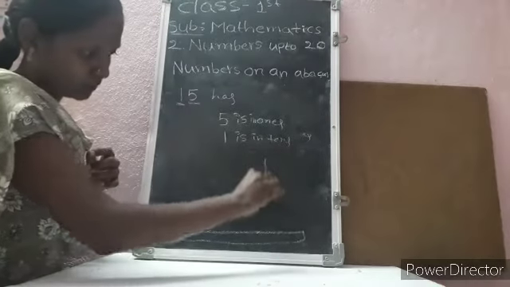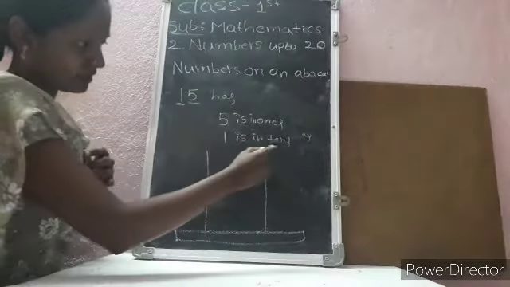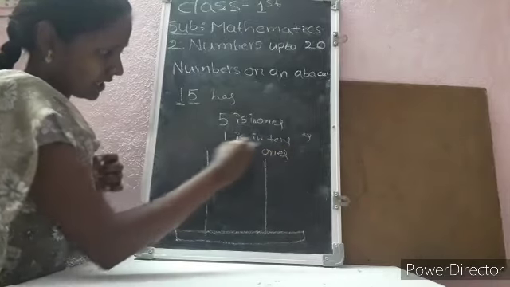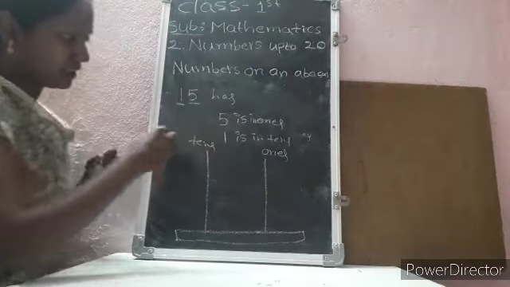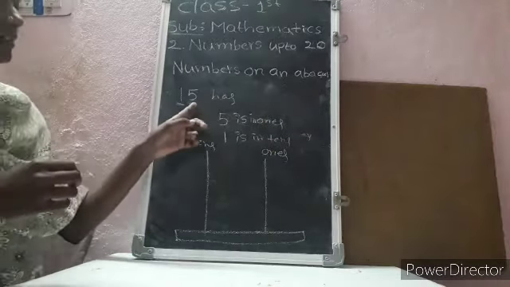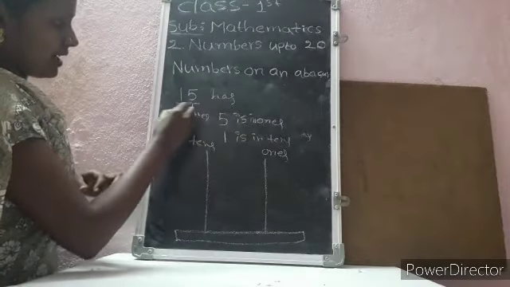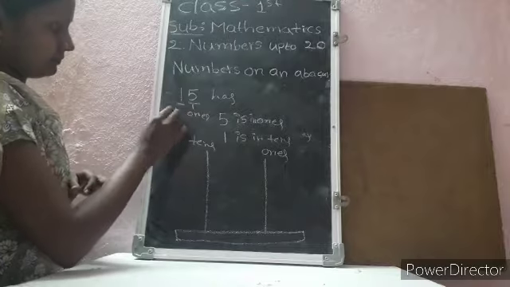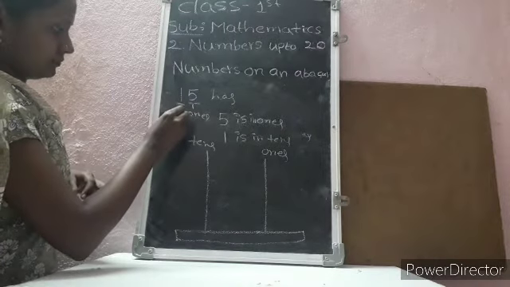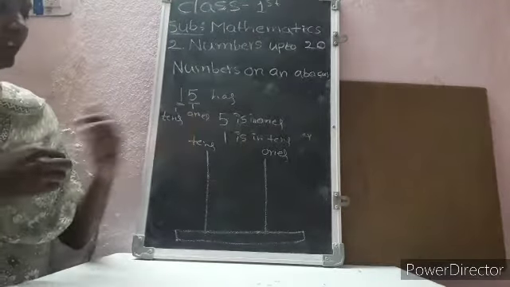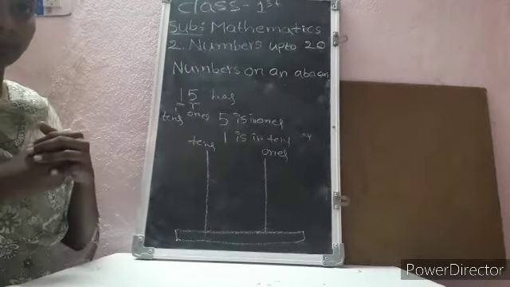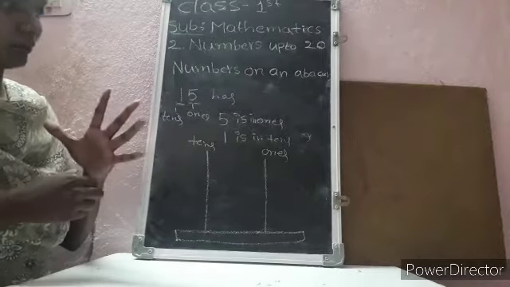Here I am taking 2 spikes. This is the 1 spike and this is the 10 spike. So here we already know the left side is tens and the right side is ones. I am writing here ones and here tens. So the ones value is 5. So 5 beads